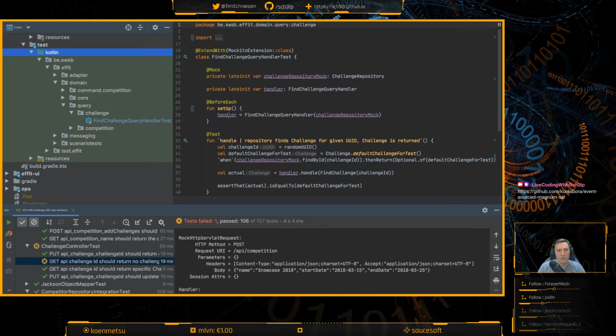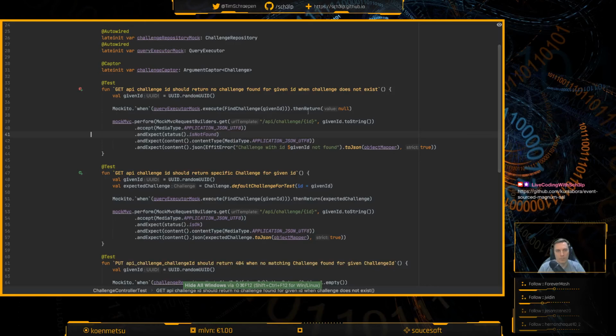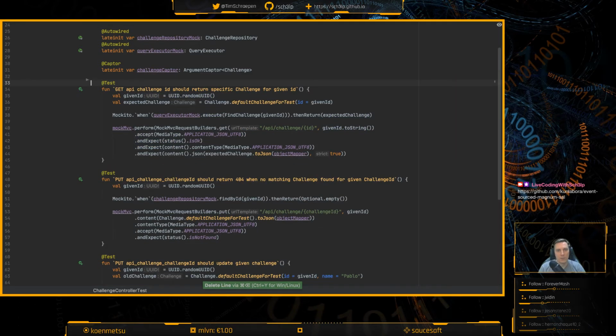Challenge controller test is failing. Should return no. Well, yeah, it will, but it's now encapsulated in throwing the error, which is fine. So we can just remove that, which is really cool.